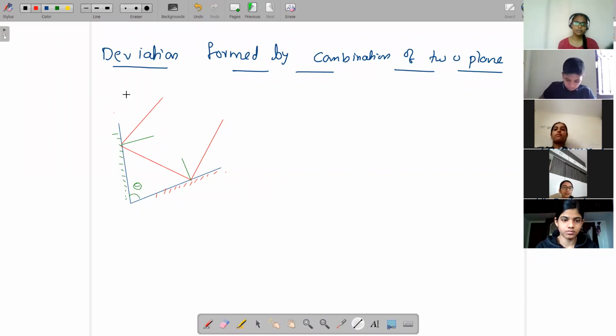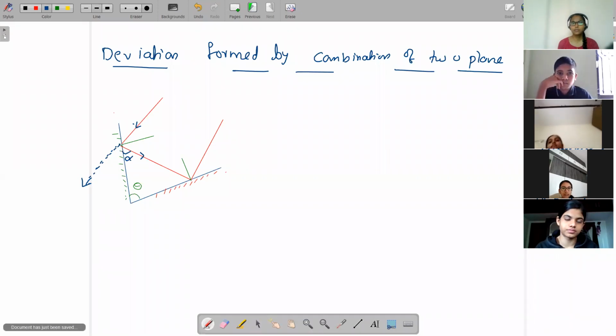So let us take the glancing angle alpha. You know that the angle from the mirror to the incident ray is what we call the glancing angle. If the first mirror were not there, the ray would extend like this. Because of the presence of the mirror, the ray is deviated here. You can observe this angle. This is the glancing angle alpha, and here the angle from the mirror is also glancing angle alpha, because the total angle of deviation is 2 alpha. If this is alpha, this must be alpha only.